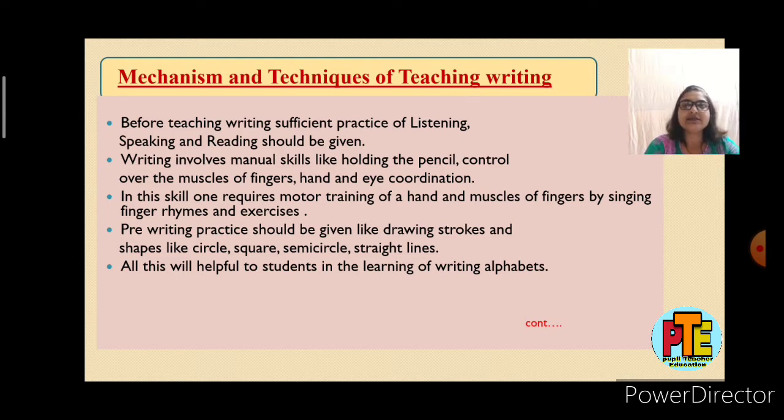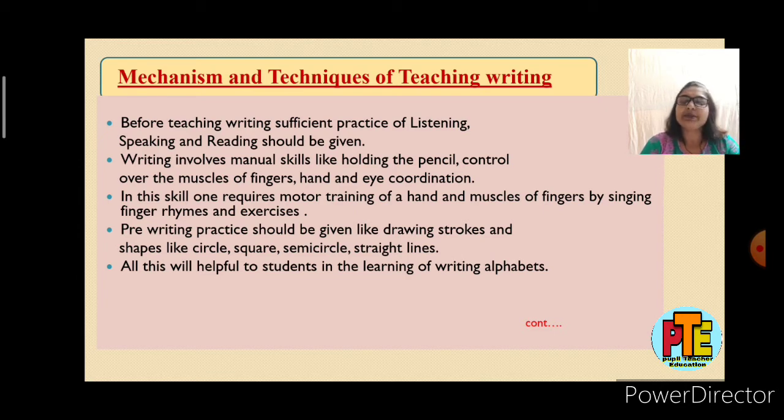For the development of muscles in children, gross motor movements such as hand and finger rotation can be done. The children may find mere motor movements uninteresting and boring. So the teacher can take finger rhymes with actions such as Incy Wincy Spider, Twinkle Twinkle Little Star, Row Row Row Your Boat or 1, 2, Buckle My Shoe. There are so many rhymes in which you can take the exercises of students in an interesting way. This helps a lot to develop the hand muscles of the students which are required in writing.